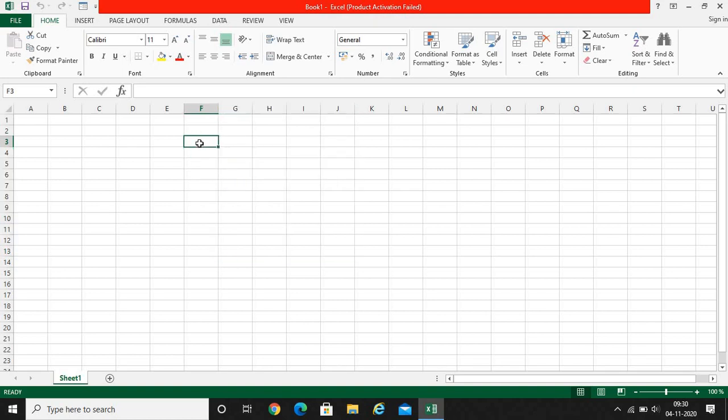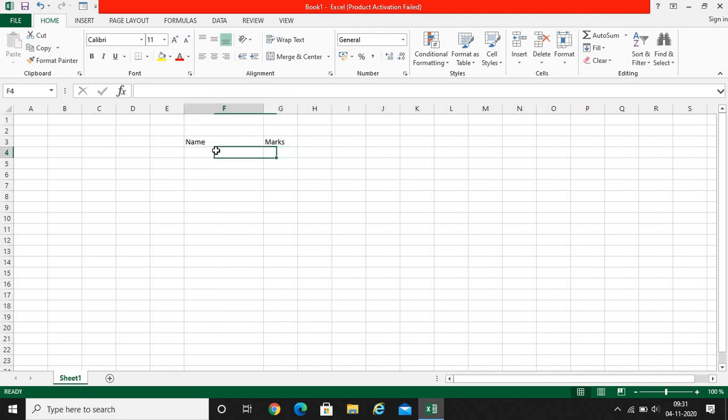Now I will put some data. Suppose I am giving the heading Name, and in the next cell I am giving Marks. So these two I have given. Now I am just dragging this Name column wider because names will be a little bit bigger.